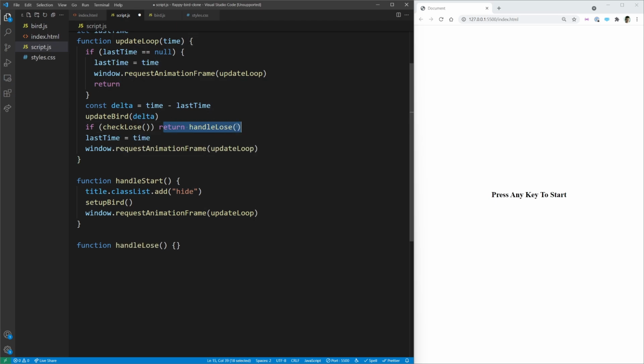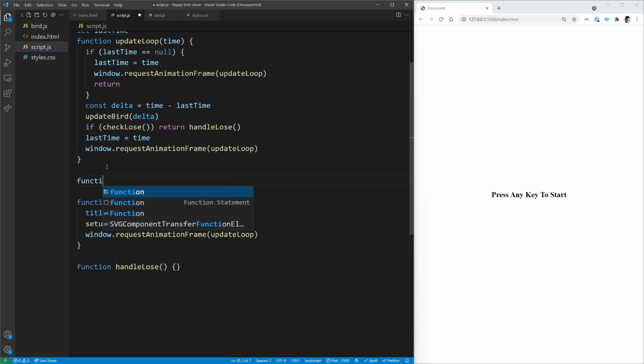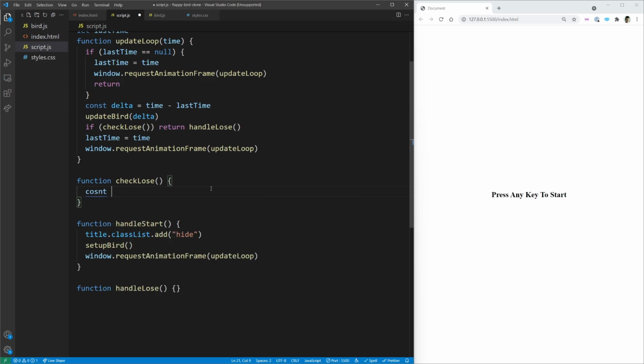And the reason we're doing a return here is because we want to make sure that we don't update our request animation frame. So it's going to stop our game completely whenever checkLose is true. And then we can just create that simple function checkLose right here. Now in this checkLose function, let's get our bird rectangle. So we'll say birdRect